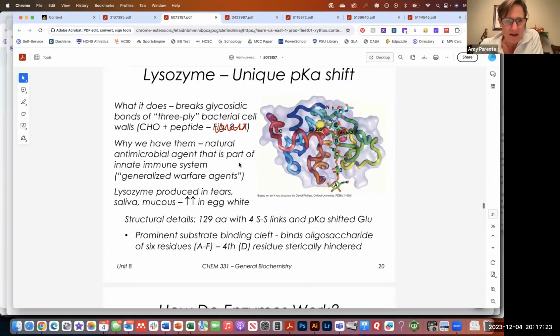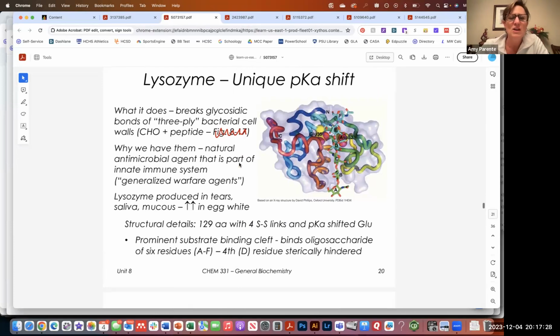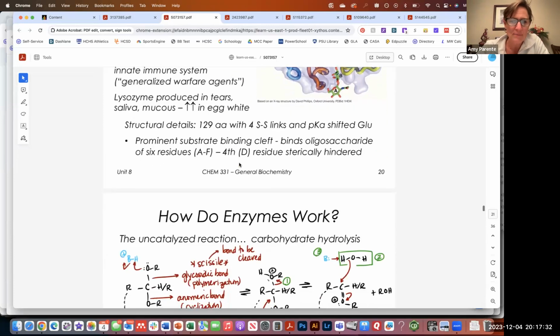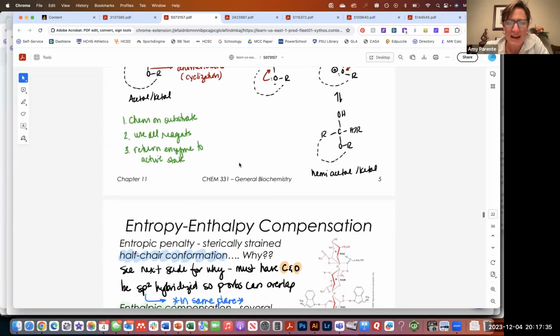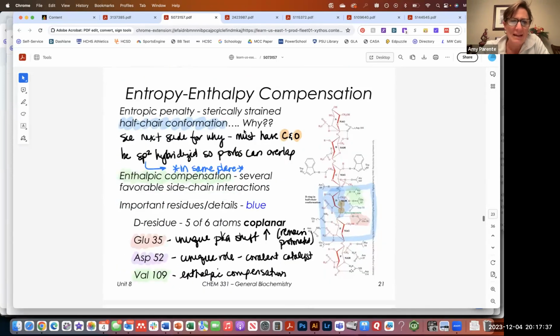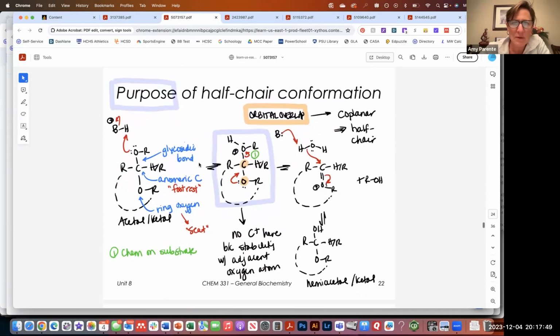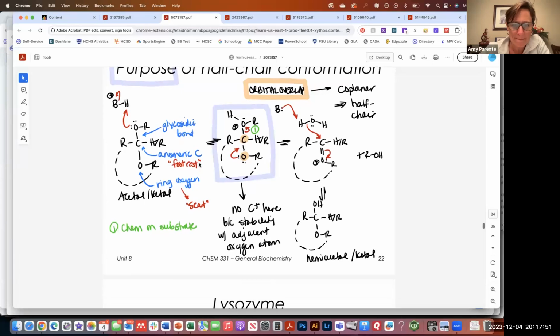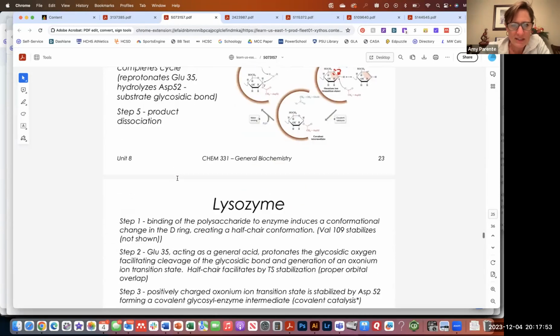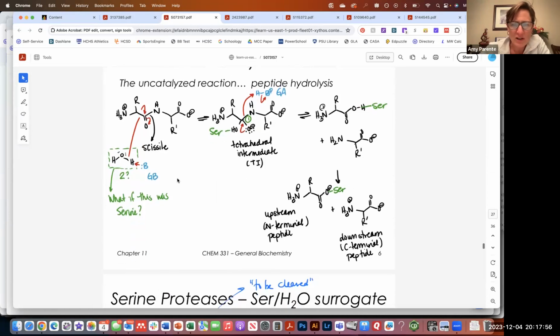All right. Lysozyme, again, some details with lysozyme have to do with some unique substrate conformational changes. So we've talked about what that is with that half chair. Again, we bring in energetics to think about how that plays into things. As I'm going through and giving a real rough summary, if there's something that you want me to say a little bit more about, just speak up and I can explain a little bit more. So that was lysozyme.